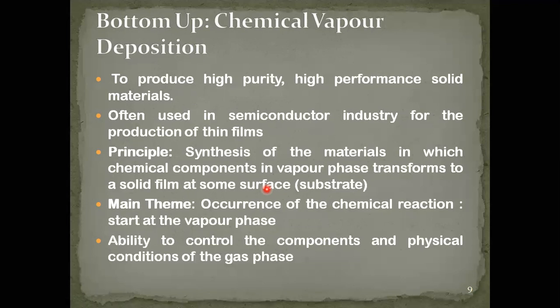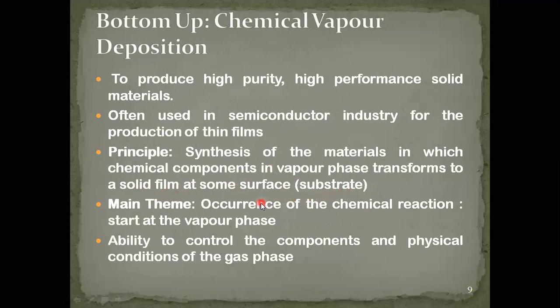Vapor to solid transformation. After it has transformed into a solid, it must be held by something. For example, if you have water, water can be kept in a bottle, in a glass, or in a barrel, right? So it needs some container. Similarly, the material which is transformed from gas to solid should have some substance to adhere to. The surface that carries the material is what we call the substrate. Substrate is nothing but the substance that carries the solid film after it forms.